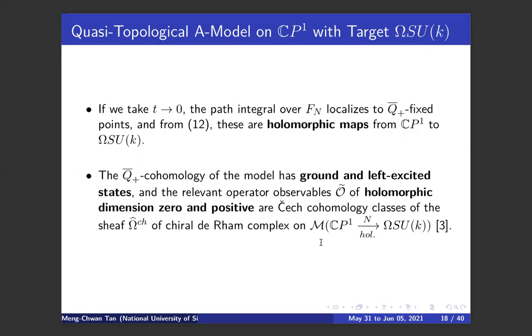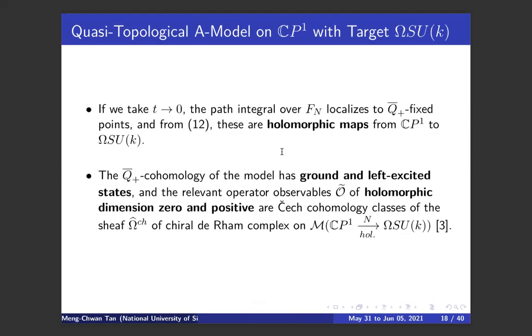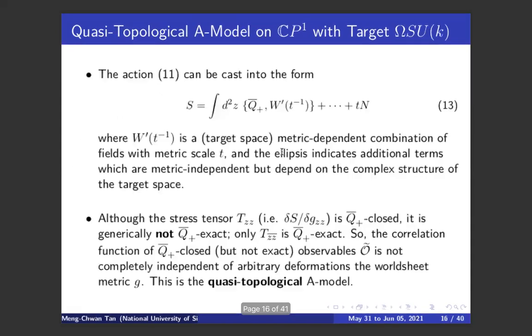But now on the moduli space of holomorphic maps from CP1 into the loop group. Sorry to interrupt. You said chiral dimensions. So the stress tensor, what is the algebra of the stress tensor? Right. You see, the holomorphic stress tensor is Q-closed but not Q-exact, which means that if it acts on an operator, the L naught eigenvalue is not 0.